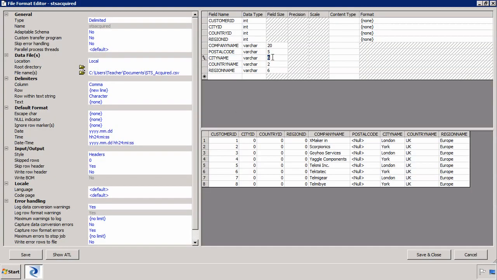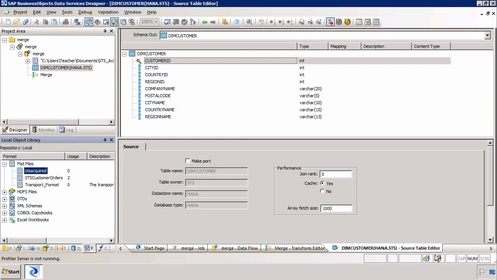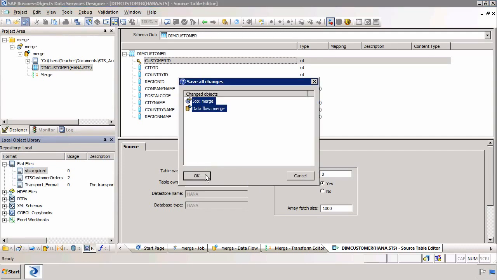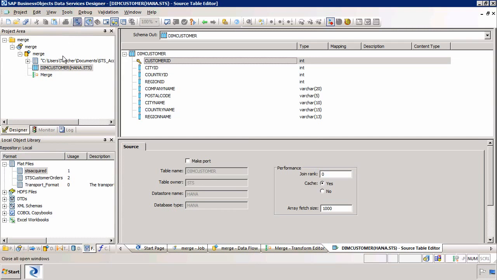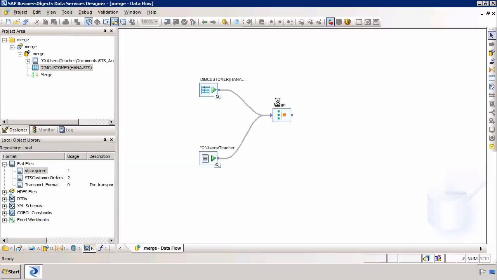So this is 10, this is 15, and this is 13. Of course, it got the base field sizes based on the data that was in the text file. But this is just one of the ways in which you can fix that issue. So I can click on File, I can save what I've got, click OK to save, close the windows and go back into the merge. So if I delete that merge and add the merge again,